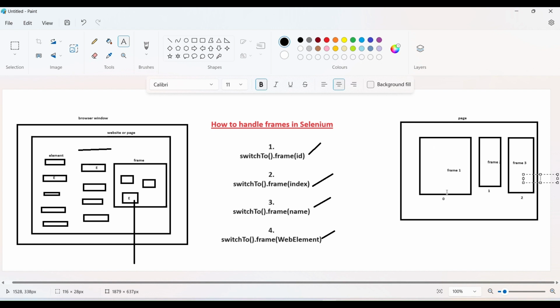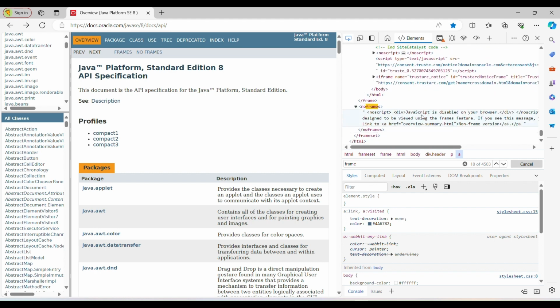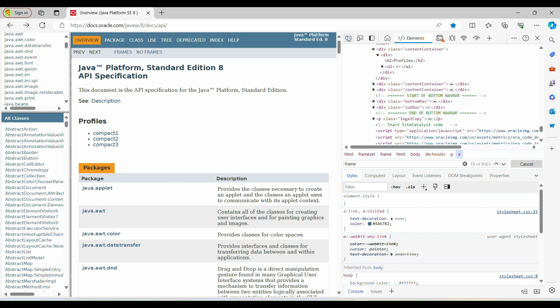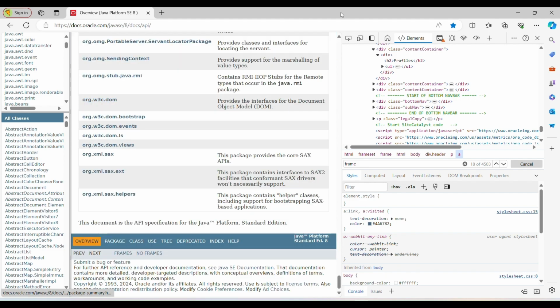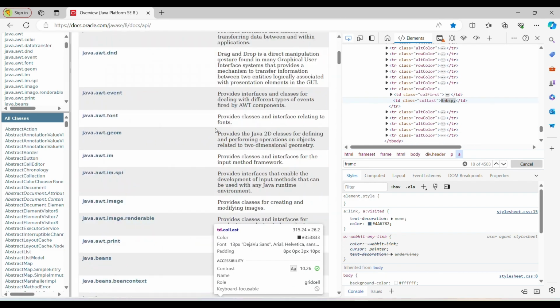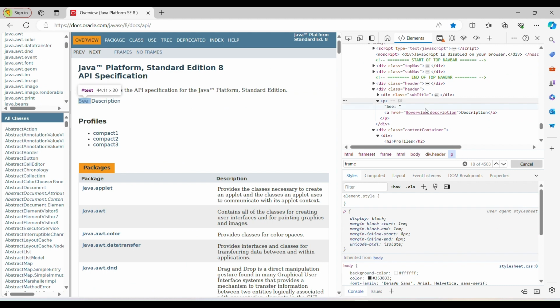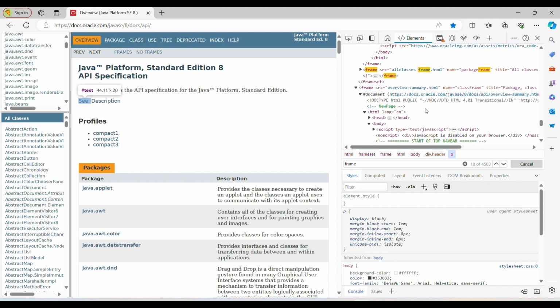Okay. So let's see which index this element belongs to. So simple, I'm going to inspect this and see. When I select this element, okay, see, we have one frame, right?